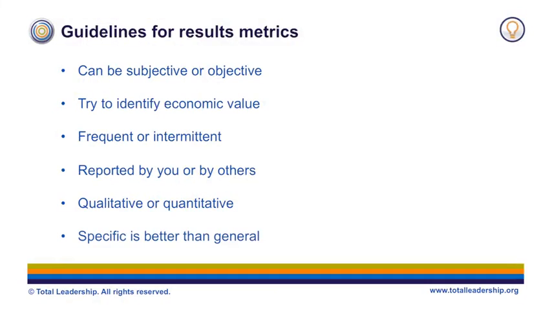Metrics can be specific or they can be general. A metric focused on delegating work could be written as whether you delegate work to others, whether you delegate work to others each week, or how many times each week you delegate your report writing duties to others. The latter of these three is better. It's more specific. So once you draft your metrics, take another look and see if you can make them more specific. It'll help you.